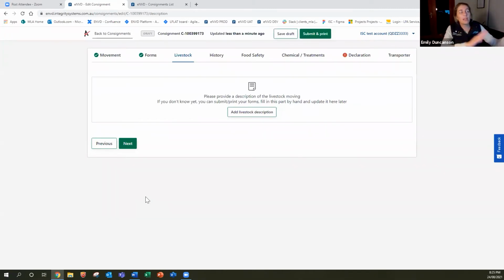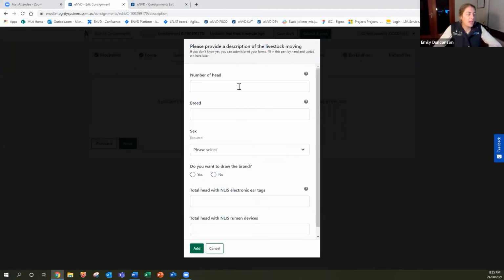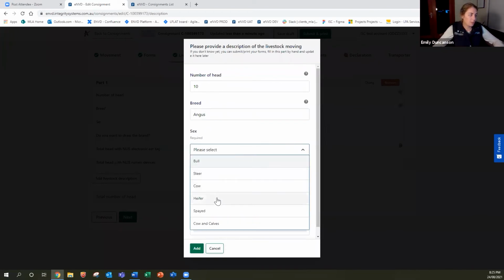Okay, so then it takes me into what we call our wizard for the consignment, which steps you through the different sections that you have on a regular consignment, starting with the livestock. So again, consistent with your paper form NVD, you can add a livestock description here in the middle of your page, and it will ask you for the general information that you're used to filling in. So number, breed, so general description. So we'll just do